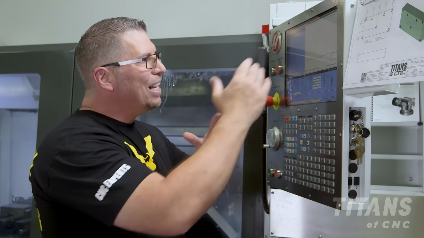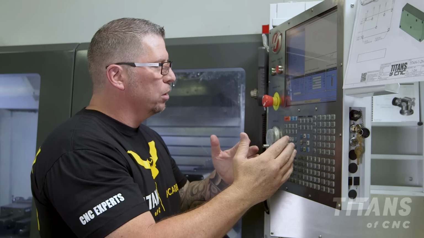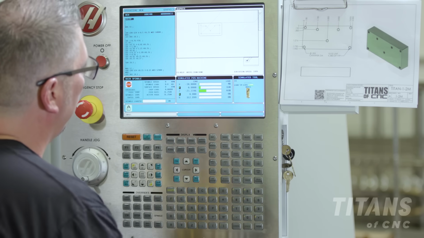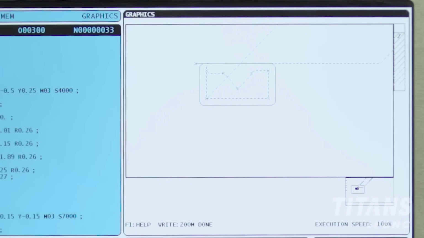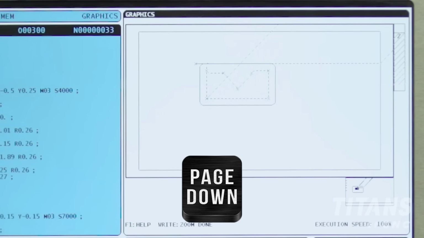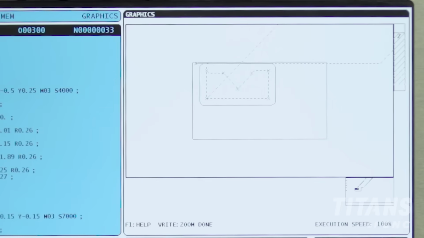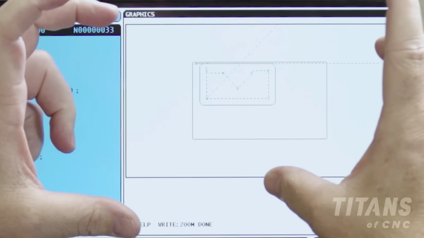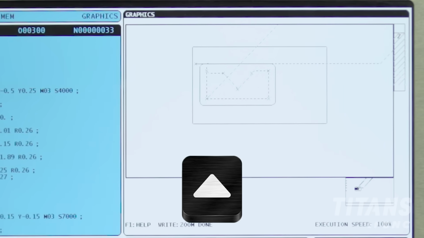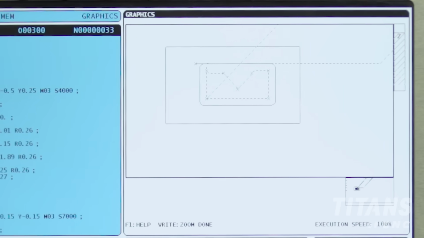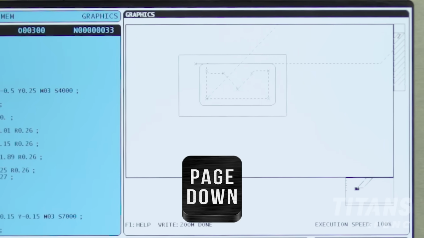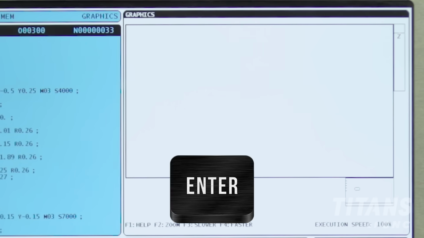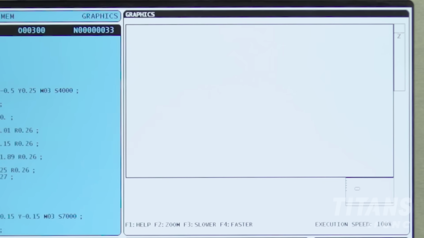So what if I can't really see what's going on, okay? One thing that I can do is I can actually hit F2 right here. That'll zoom it, and then I can just basically come down and I can actually page. So see that little square right there? That represents the entire block right here. So I'm gonna come up, I'm gonna come over, I'm gonna look at my part. I'm gonna see if I can get a little bit closer. See that? Then I'm gonna hit enter. Then if I do it again,